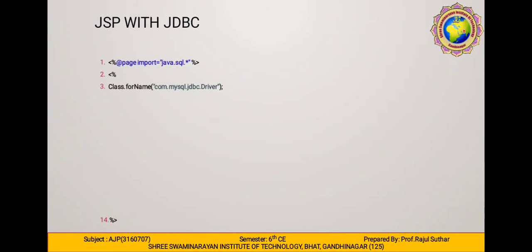Then we require one method, which we are all familiar with whenever we load the driver: the Class.forName method. In the second chapter we already discussed this in JDBC. For loading the class or driver, we require the Class.forName method. In the brackets we require the com.mysql.jdbc driver.